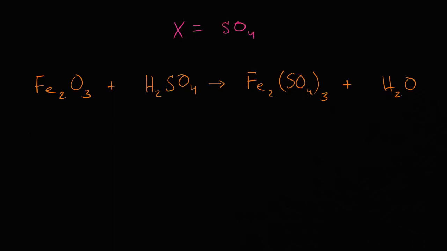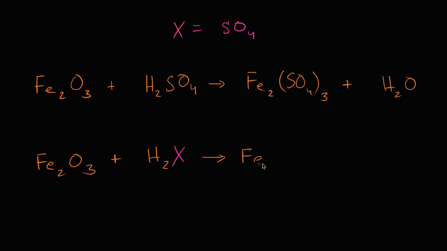So let me rewrite all of this business. It's nice to have, I guess this is close to a rust color, which seems appropriate. So let's say I have some ferric oxide. I'm just rewriting what I have above right over here. Ferric oxide plus some sulfuric acid. But instead of writing H2 and then writing the sulfate group, I'm going to write H2 and then X. H2 and then X is going to yield